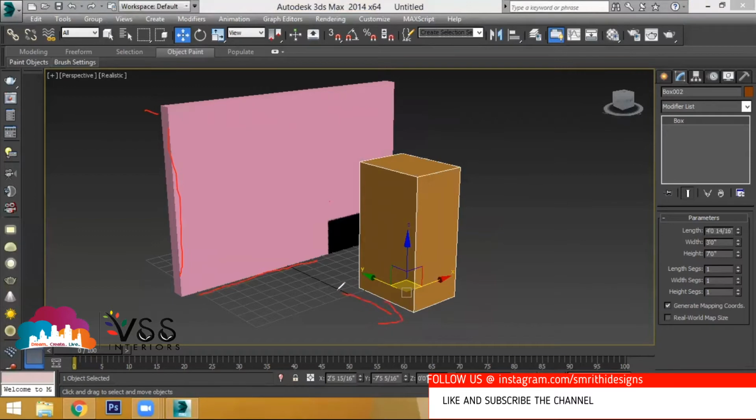Here, the thickness of the door should be more than your wall, because it will be completely deleted. This object will get deleted from the main wall. So you can take the thickness of your door more than your wall thickness, the length of the door should be 3 feet, and the height of the door should be 7 feet. These are the standard dimensions which I'm providing you right now. Whenever you construct any model, it is mandatory that you choose these dimensions every time.